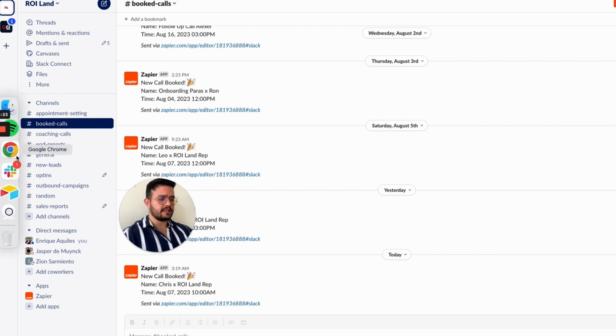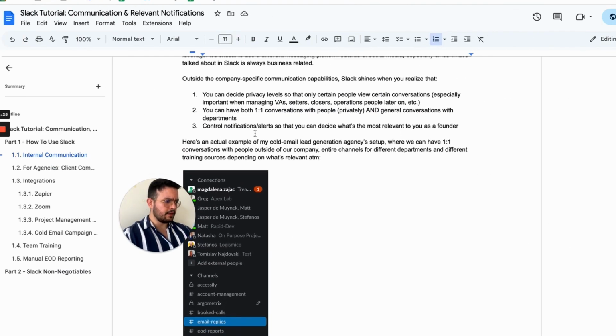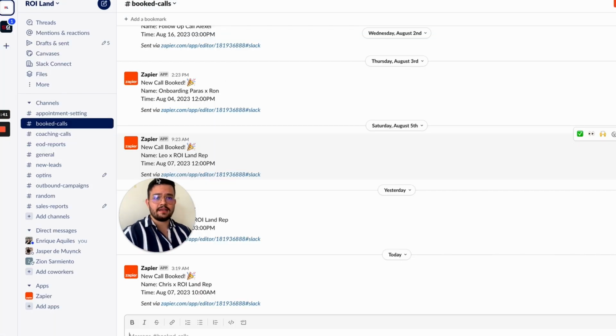Make sense? So that's essentially how it would look like. Now, something that I love about Slack is that you can control notifications and alerts so that you can decide what's the most relevant to you as a founder. You need to be able to know at a glance everything that is happening in your business at any given time. And if you're selling some sort of high-ticket service, whether it's a coaching or consulting or agency service, the